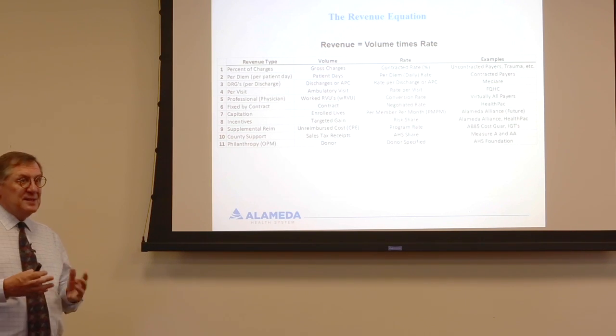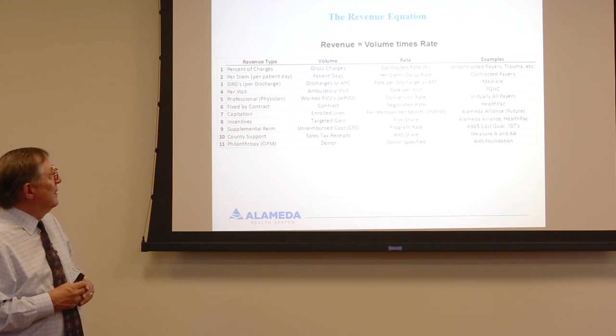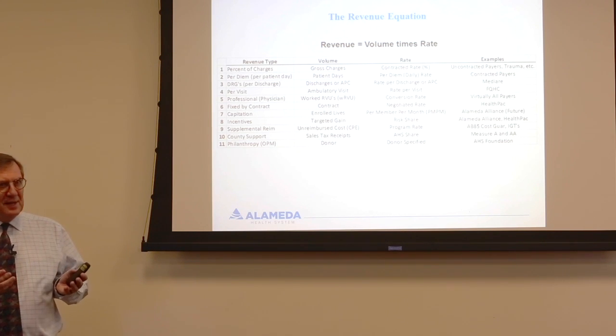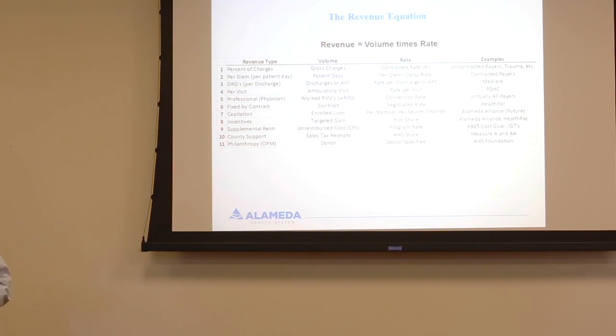Now, we have all kinds of different types of revenue, and these are different revenue types, okay? And I'm classifying them by sort of how they work, all right? How they work, because not all revenue is the same. Not all apples are the same, all right? So the first type is called percent of charges. Okay, so in a percent of charge contract,